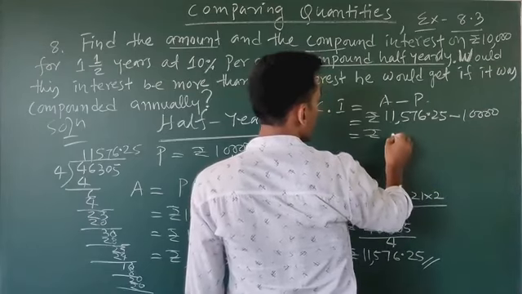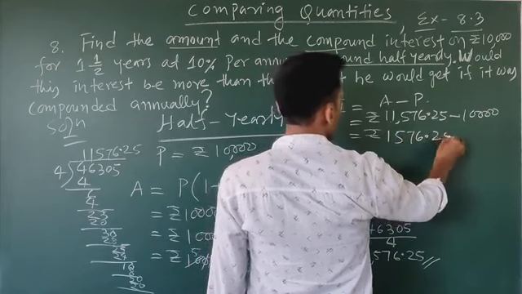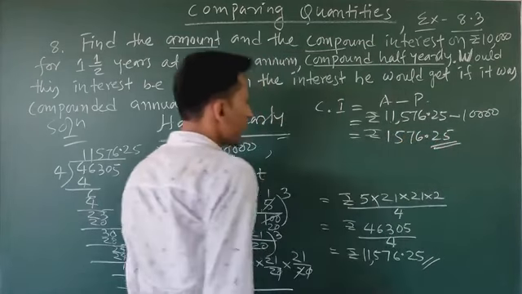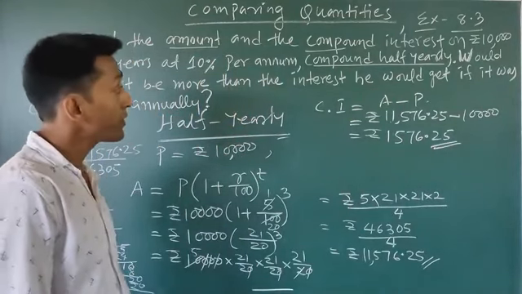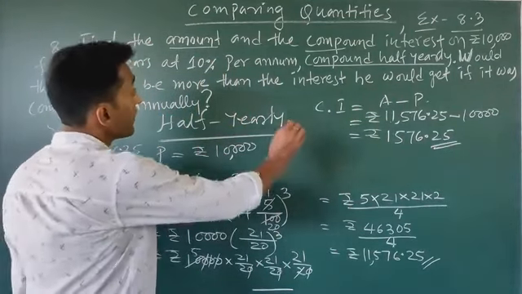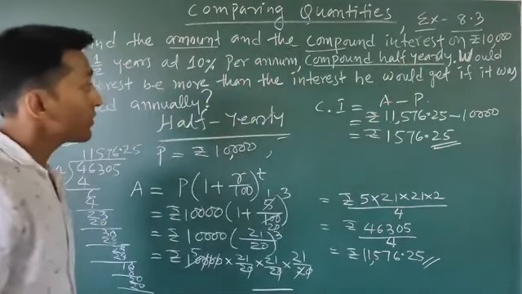11,576.25 minus 10,000 is 1,576.25. This is the compound interest after 1.5 years if interest is compounded half yearly. Now next you see,